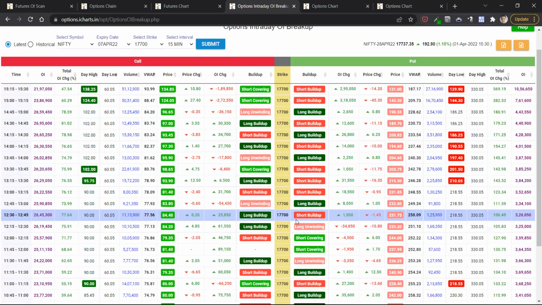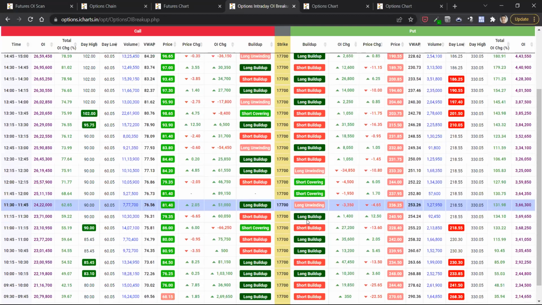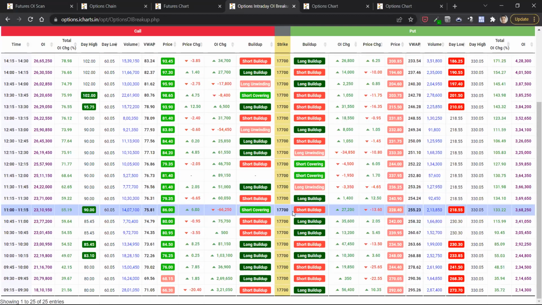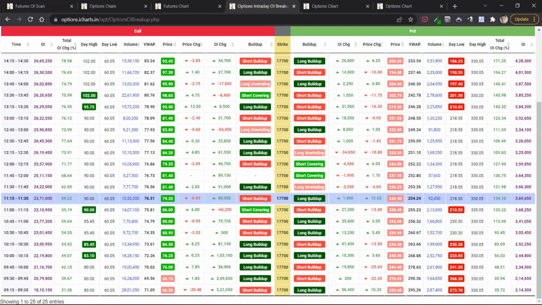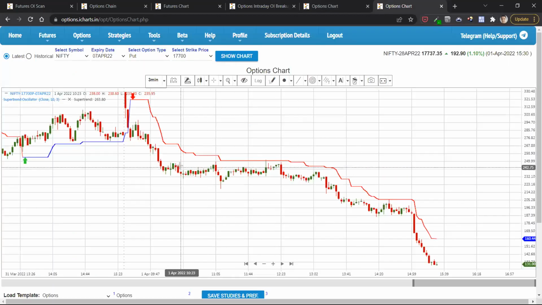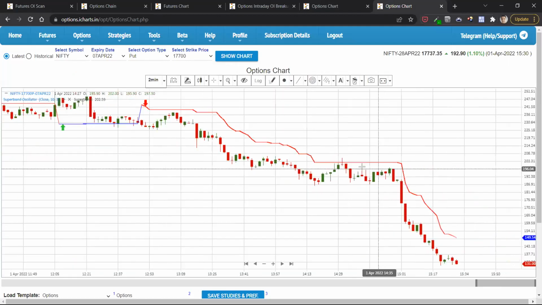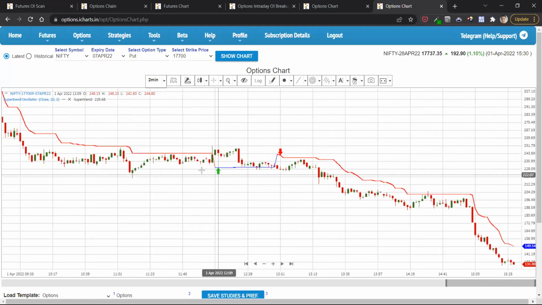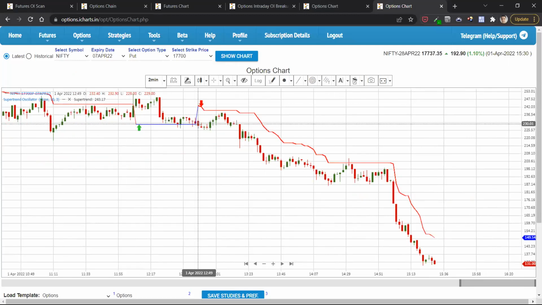If you see here, all these are weak. These long buildups were there. Once you get into a short over here by 10:15 or so, you will see at 10:45, 11 o'clock, 11:30, all these long buildup strong signals were there. But if you see, there's nothing here, no bullish signal at all. Of course, if you are on 2 minutes, then maybe you would have got stopped out somewhere here, but you would have got in again. You would have got out here and then probably got in again here by 12:40,